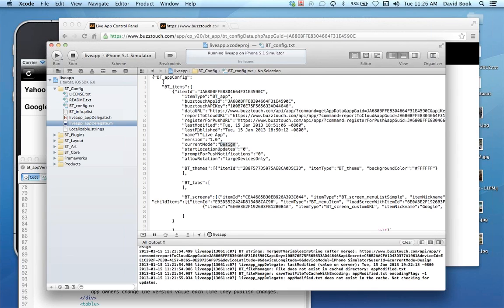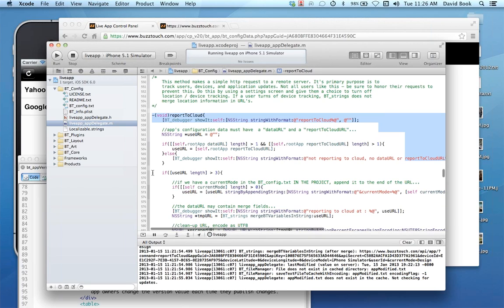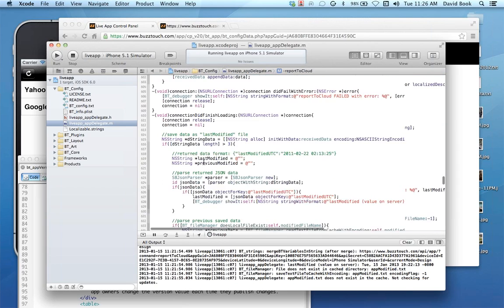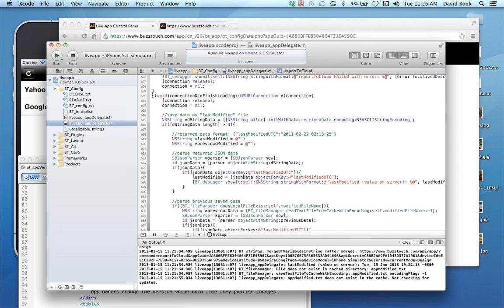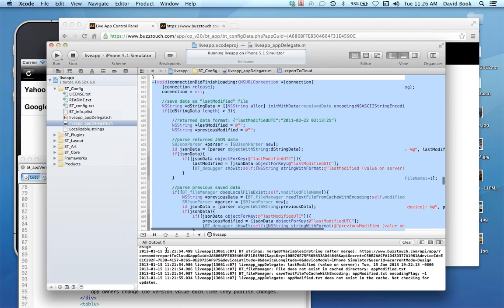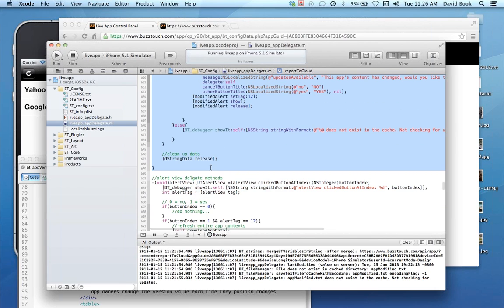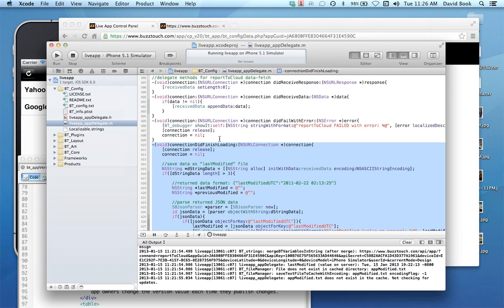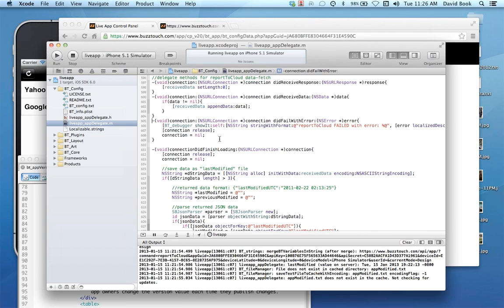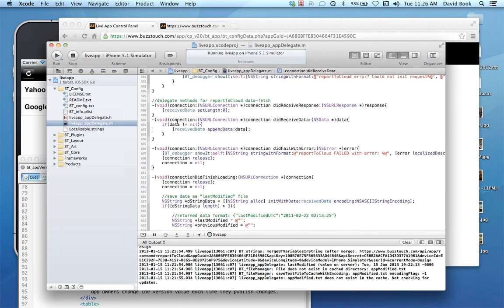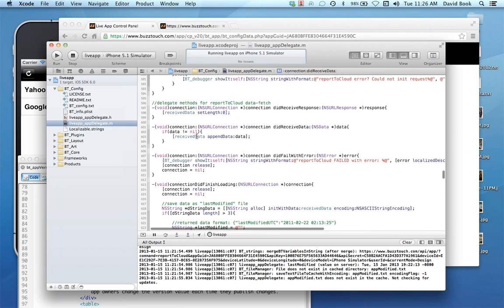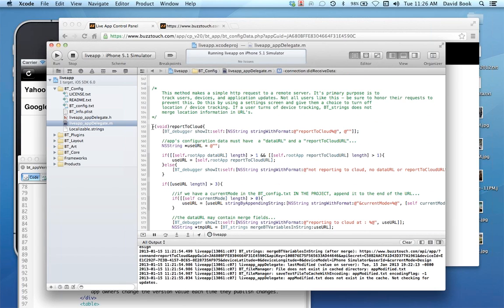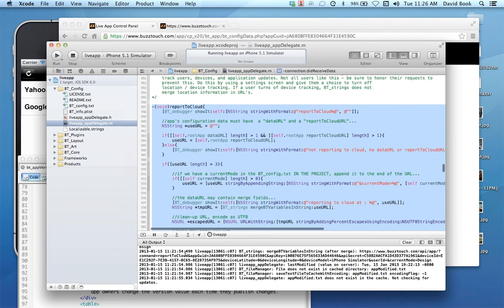You would go to your application's delegate file, and you would replace the report to cloud method, and you would replace the connection did finish loading method. You could re-download your project, look at those two methods, copy and paste them, and throw the downloaded project away if you didn't want to use it. Those are the only two places I can think of. Somebody may prove me wrong when they try to do that, but I believe those are the only two things that we changed in the actual